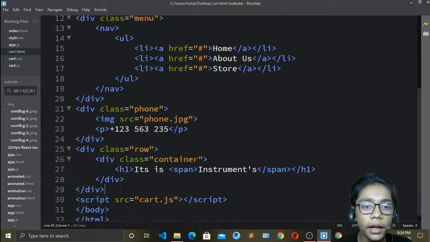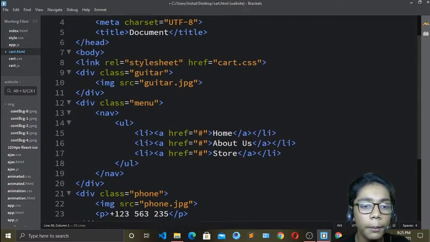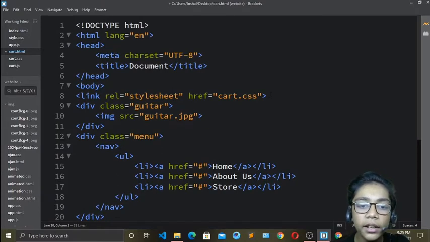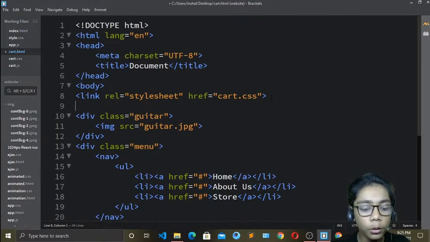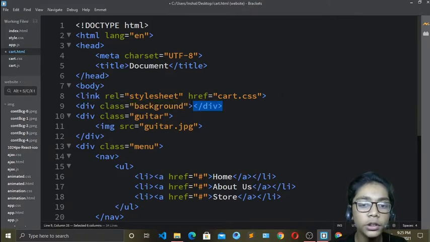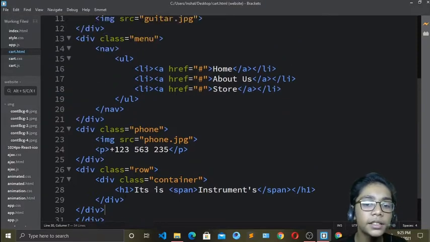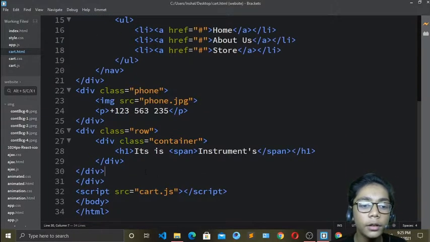Now I will come underneath that and define another thing. First of all I have to define my background image. For defining that, come over here and write div dot background. Now once defined, you have to copy this close div, because we have to take it down, since we want our code at the start. So I will paste that over here, hit save, and here you have to take care of one thing. You have just defined the starting of all things, so you should not define anything in the starting.